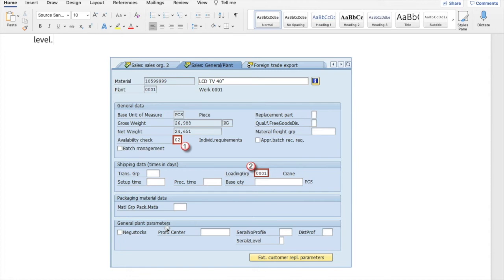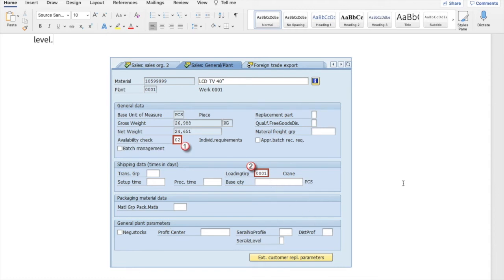If it is not readily available, probably he has to create a production order or a specific purchase order to buy some product from outside, or a production order to create the product inside the factory. So this availability check is very important in the entire supply chain of any manufacturing organization, and availability check is also linked with SAP PPDS or the SAP SCM module, so that it helps there.